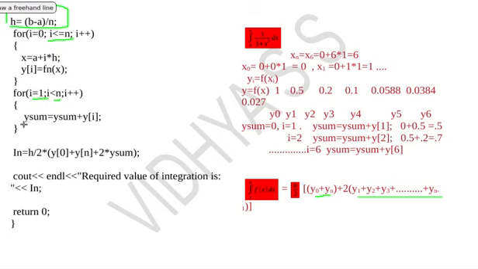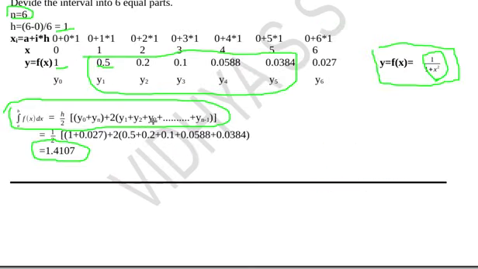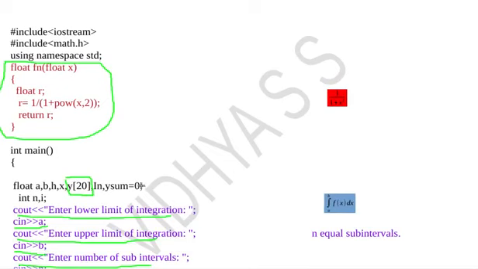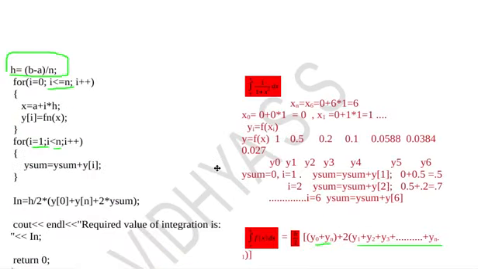Then I will calculate the value y sum. Y sum is initialized as 0 here. Don't forget to initialize this as 0. Then y sum equals previous y sum plus each yi, that is y of 0 plus 0, then y of 1, y1 plus y2 plus y3 plus etc., up to yn minus 1 will happen in this loop. So I have calculated y sum as well.